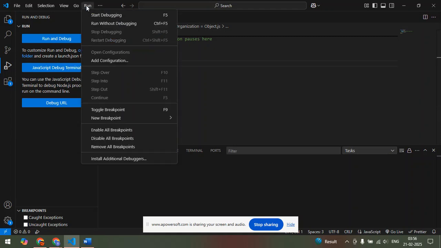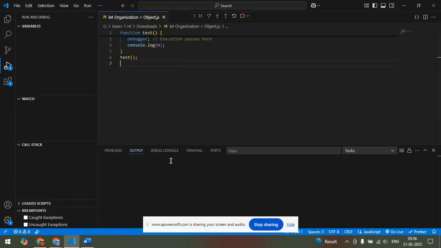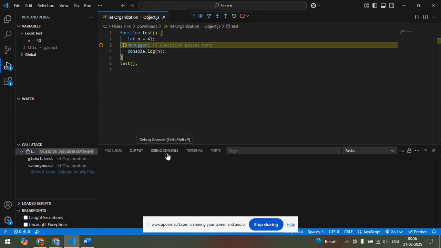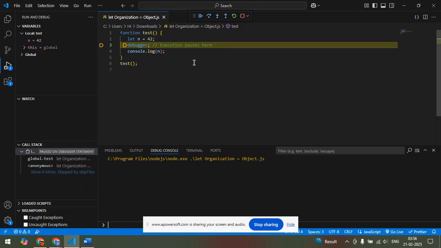I hope it works. It's not working for some reason. Really. So here, look at this, the debugger. And here it is paused. So next, if we want to continue, what we can do is